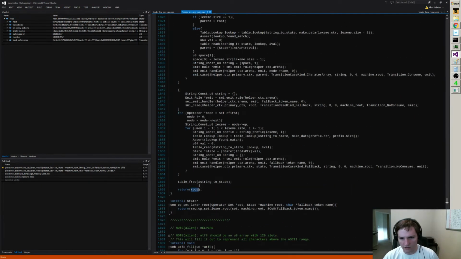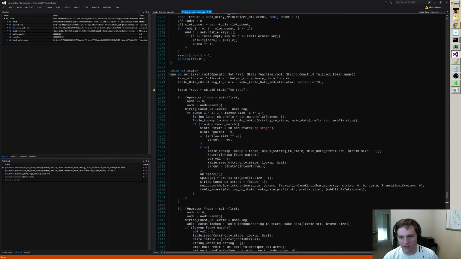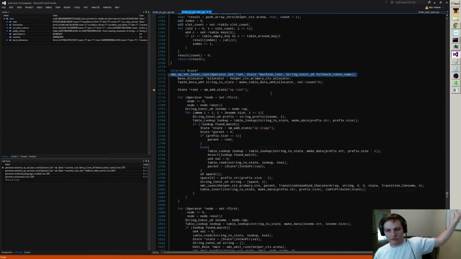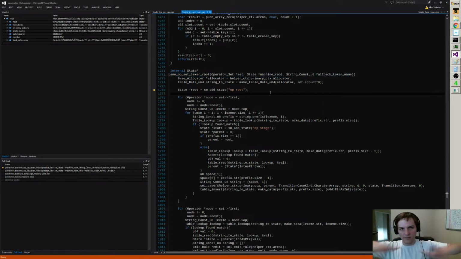And it essentially is just the handle to the generated state machine that is going to be included into the rest of the state machine by just saying transition to that root, and then that root will dispatch you to the rest of the state machine correctly. There's also, you'll notice, I pass in the machine root so that when this Lexer parser finishes its job, it goes back to the root that was external to this system. So this entire system is built as a set of states that finds out what operator you're at, and then once it's got an operator, it emits it and goes back to the machine root that you provided,